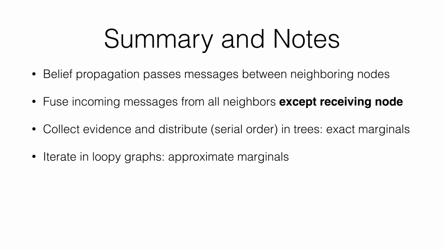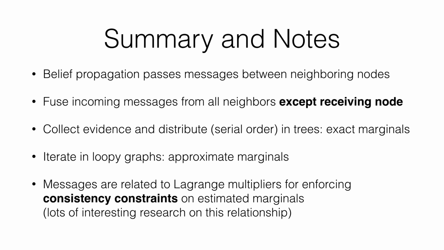But there's a ton of research on these things, both the Bayes nets and the Markov random fields that I showed you in the past few videos, that we won't be able to get to in this class. So I wanted to leave you with one thought that I think is one of the most interesting aspects of belief propagation in Markov random fields, which is that the messages are related to Lagrange multipliers for enforcing consistency constraints on estimated marginals. What that means is that when we think about the marginal probabilities that we're trying to compute with belief propagation, we